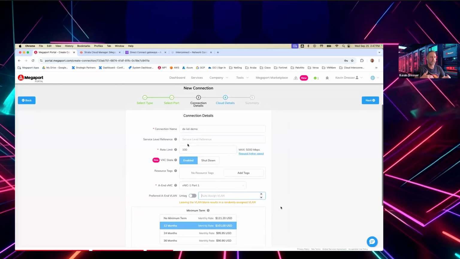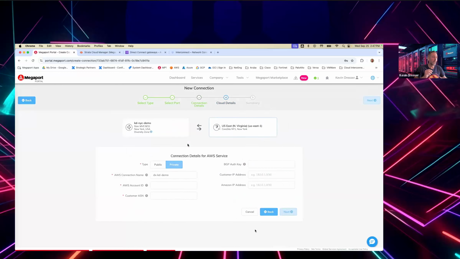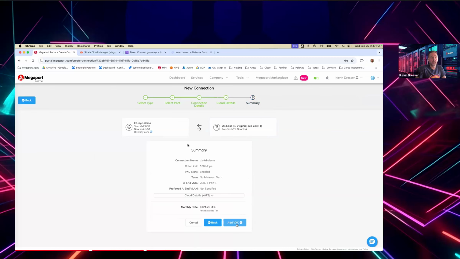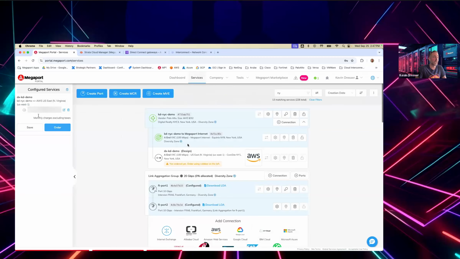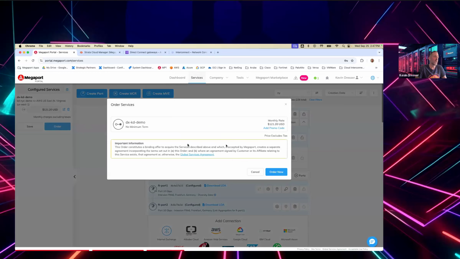I'm going to set it as untagged because I want to have a VLAN assigned. And then here, I'm going to drop in my Amazon account ID, and I'm going to specify things like my ASN for the ION appliance. BGP parameters, I can leave blank, and Megaport will auto assign that for me. And I'm just going to kick off this order